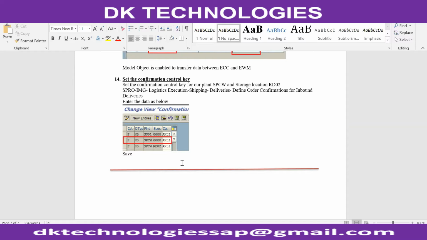Yeah, when we create any inbound deliveries regarding the PO, it goes to the EWM system. So when we do that in the EWM system, that will get reflected in the confirmation controls. So the inbound delivery number we are able to see in the confirmation.